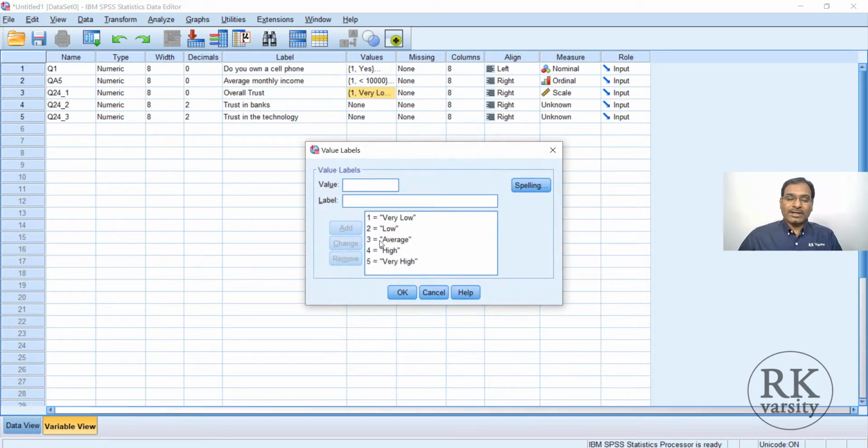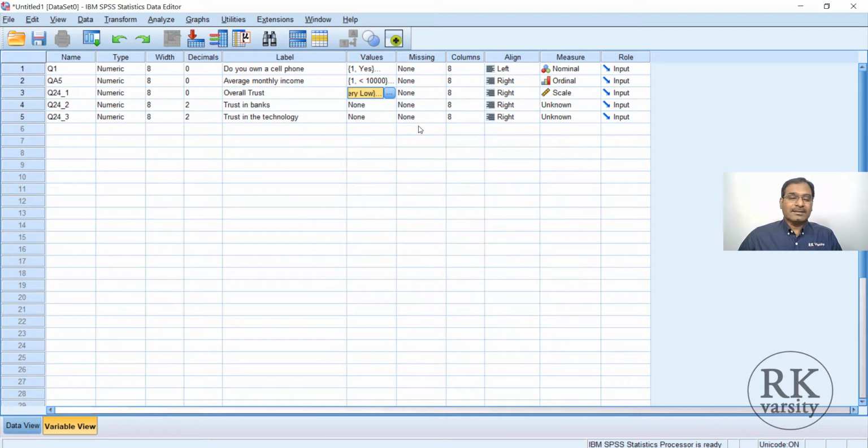So one is very low, low, average, high, very high. And this is the same for the remaining 2 questions or remaining 6 questions. You don't need to type every time the same. So here select this one, click copy, that is by holding Control and C, then select these 2 and Control V. So options are selected here. So make this simply decimals to the 0 and convert this into scale. That means when you have similar options, instead of entering options each time, you need to enter it for one variable, then copy and paste for other variables.